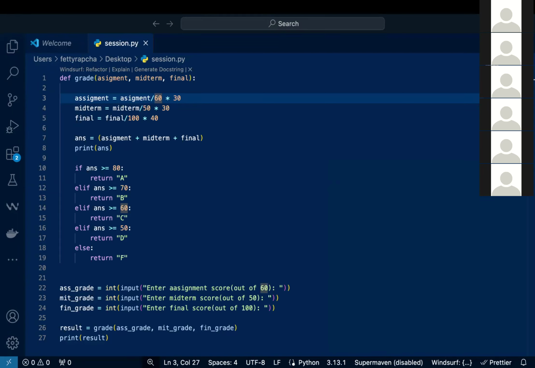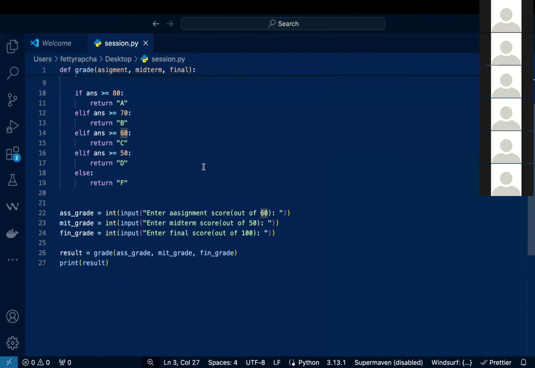Yes, sir, please. You said we should program a GPA calculator? Yeah, maybe taking six courses from the user, and then calculating based on that. What we did today was just one course. So you can take a different number of courses, maybe the number of courses you are doing, from the user. Then, after getting maybe if the person had 80 in this one, you add or